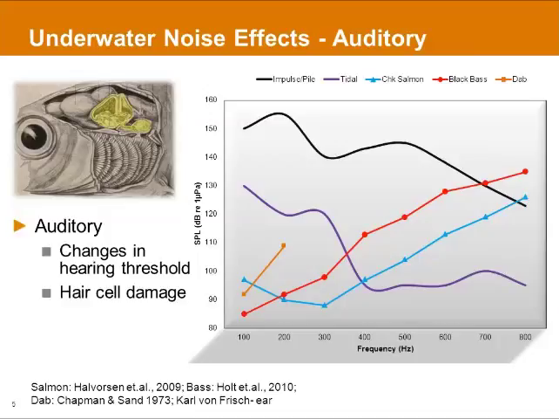So on the x-axis, we have frequency in hertz, and the y-axis, we have the sound pressure level in dB re 1 micropascal. So these are all for underwater sound levels. And I'll start with the fish, and those are the three orange, red, and blue colored lines with the markers throughout them. These are three fish of concern, and these are their audiogram curves. And the two things that you can get out of this are the sensitivity level of each of those curves, and then also the frequency range for each of these fish.